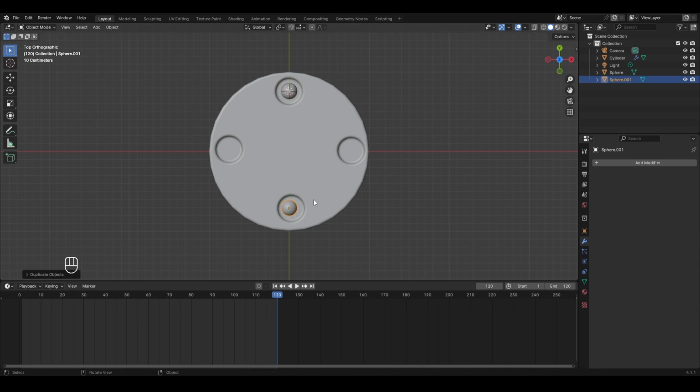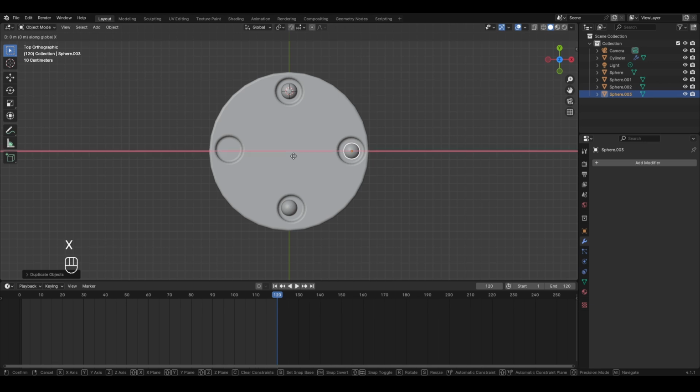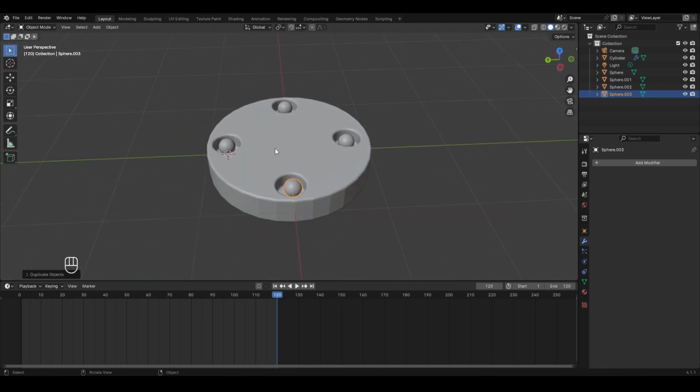Now again press shift plus D and place this duplicate over here and left click to finalize. Now we'll create one more duplicate and place it here. So press shift plus D and press X to move it in X direction and place it here. Left click to finalize, and now we have this base and these 4 UV spheres or these balls added in